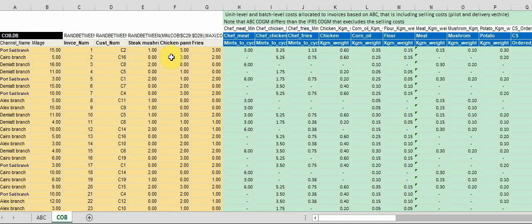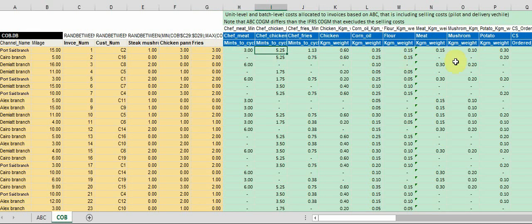The cost pools in this first part include all unit level and batch level cost, each with its cost driver, and in each cell there is a consumption of each invoice from this cost driver. For example, the customer C2 ordered 1 steak mushroom that requires 3 minutes to cycle from the chef meat, and he ordered 3 chicken paneer that require 5.25 minutes to cycle from the chef and chicken,